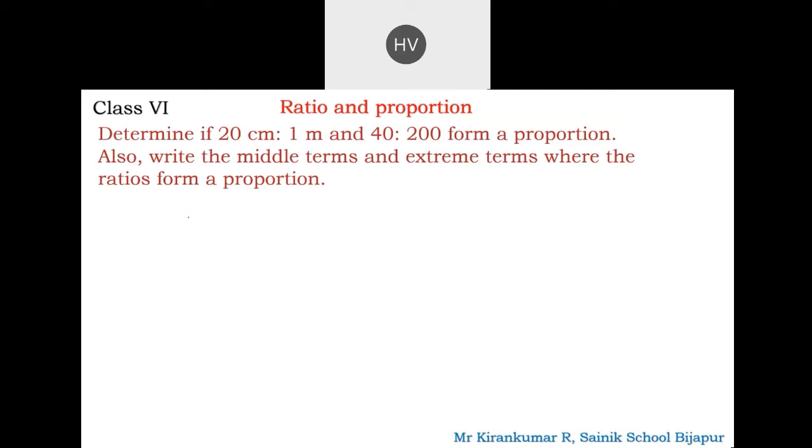Sir, they are in proportion. Sir, 1:1. How can you say they are in proportion? Sir, if we convert meter into centimeters, they are in proportion. 20 is to 100 centimeters. If we cancel centimeter, we write it this way. And if I reverse this, 200 is to 40, will they be in proportion now? No, sir. We have to measure in centimeters, sir. One meter is 100 centimeters.